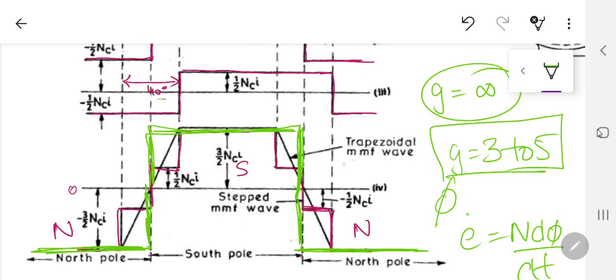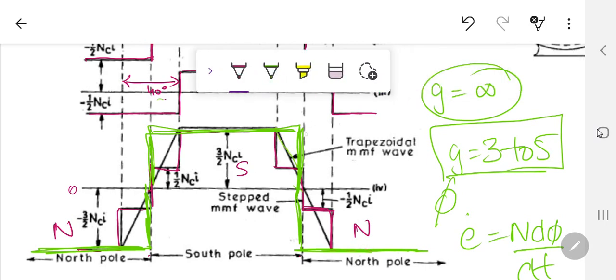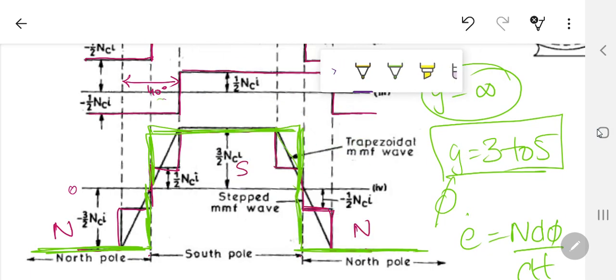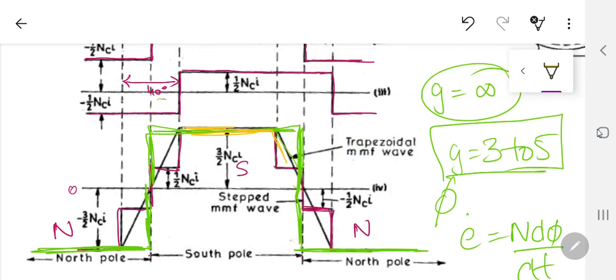Now this trapezoidal MMF waveform, sometimes in some of the course books they actually save it because the average value is taken. So this, you can see, this is the average value over here. If I just draw it with maybe some other color just for now. So this is that trapezoidal waveform, and just like this one. So this is the average value. So in some textbooks you will find out that in distributed winding, G is taken as 2, 3 or something like that.